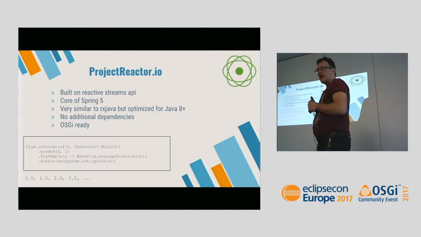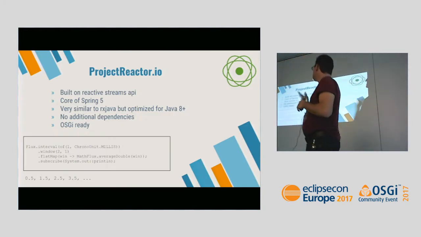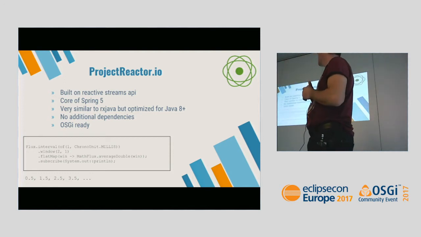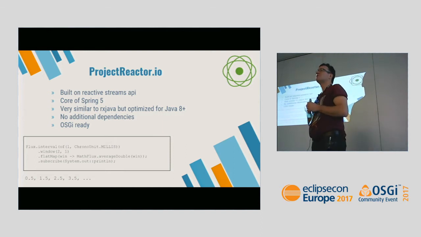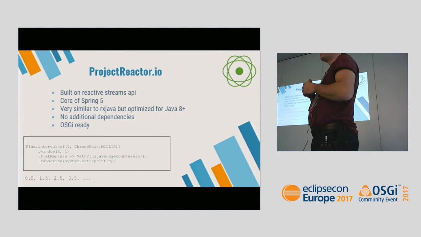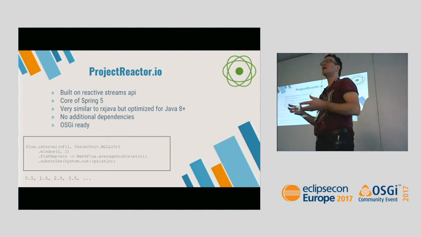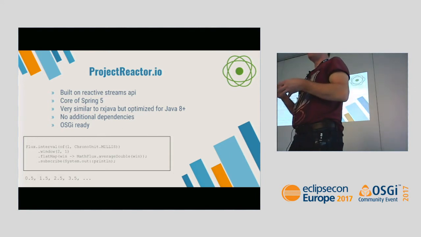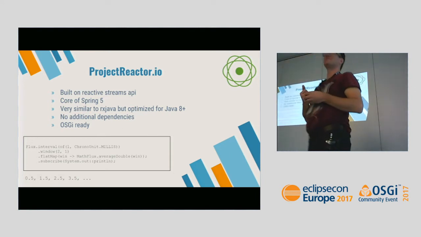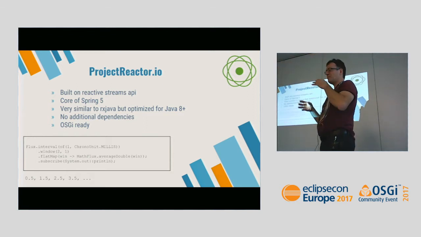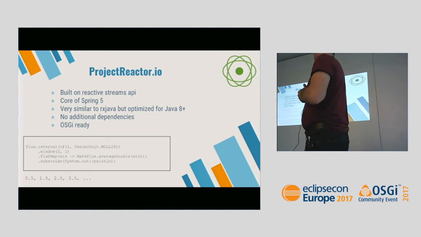So a very interesting part of that is Project Reactor. It's the kind of successor to RxJava. And the most important thing about this is that it's the foundation of Spring 5. You may say it's good or bad, but as the core part of Spring 5, it is just probably all over the place, because with Spring and Spring Boot being based on it, people will use it all over the world. So I think it will spread a lot in usage.